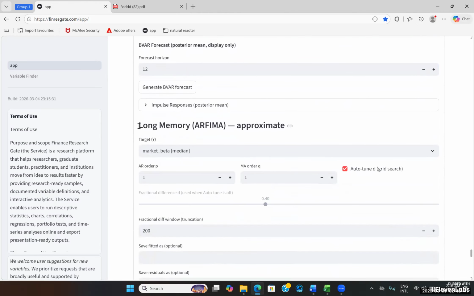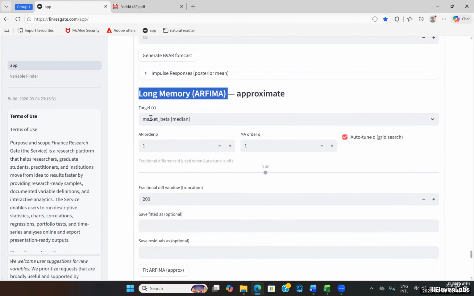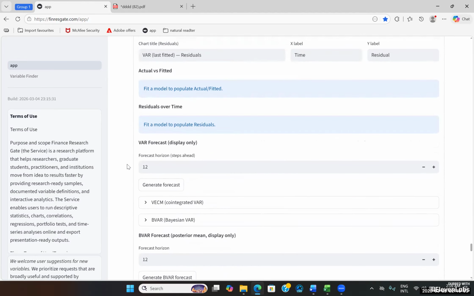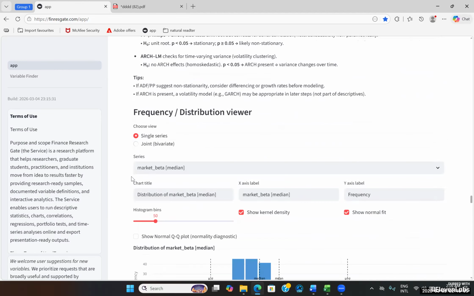Please make sure to scroll all the way down to the very end of the document. Here, we are specifically looking at the ARFIMA model, which is known for its ability to capture long-term memory effects. In this particular analysis, our primary focus is on the target variable, which we have designated as beta. Regarding the autoregressive or AR component, its specific order and structure can be effectively identified and determined through the analysis of the partial autocorrelation function